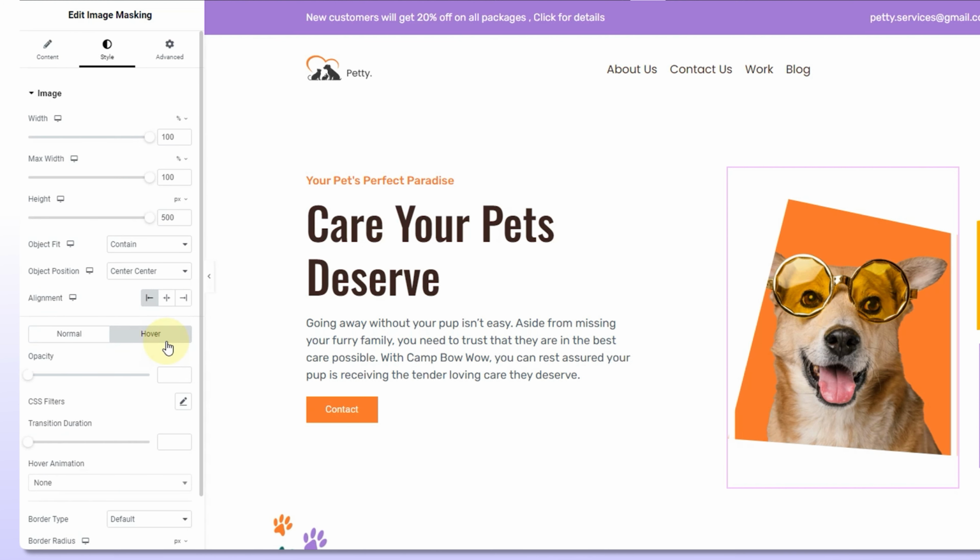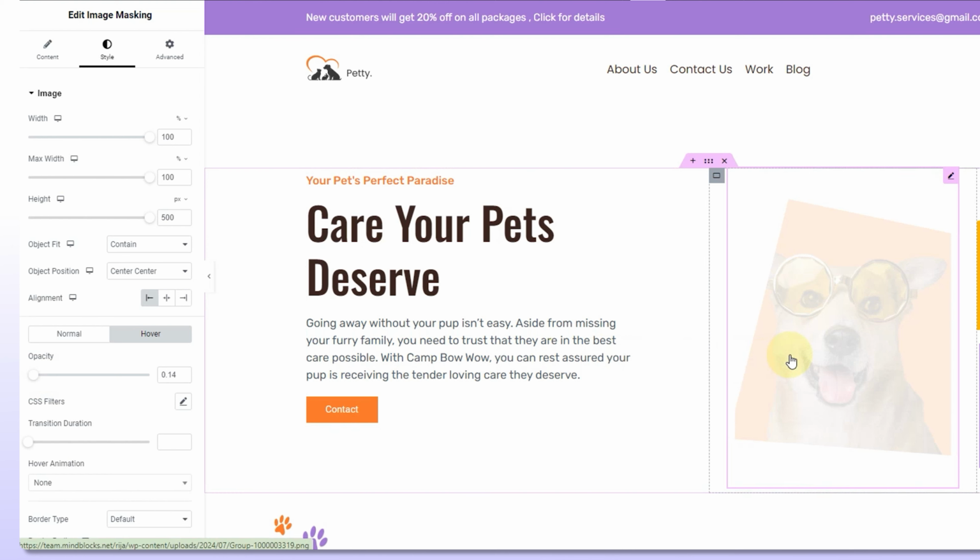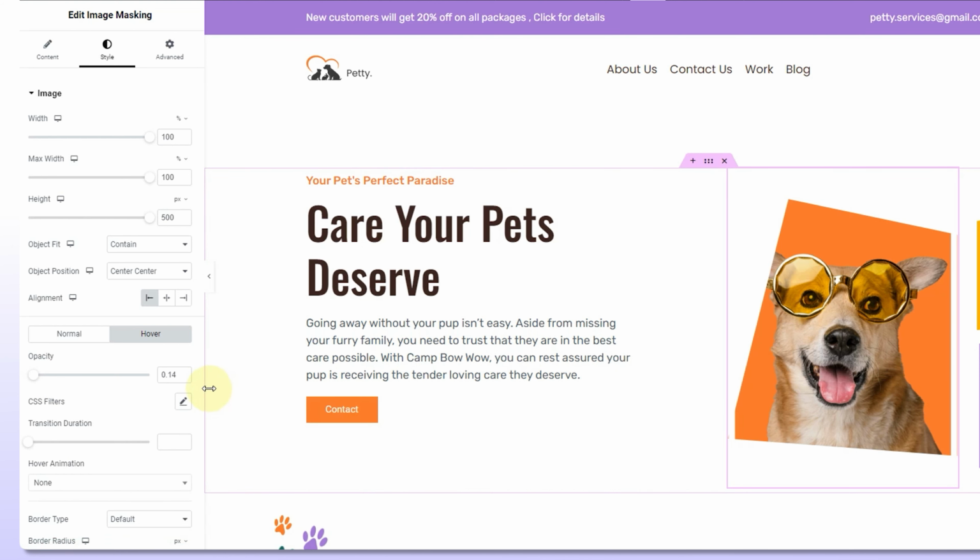Let's explore the hover option, which appears when the user hovers their mouse over the item, showing its active status. Setting the opacity. These changes will only be visible when the user hovers. Isn't it cool? And now the CSS filters in the styling tab.